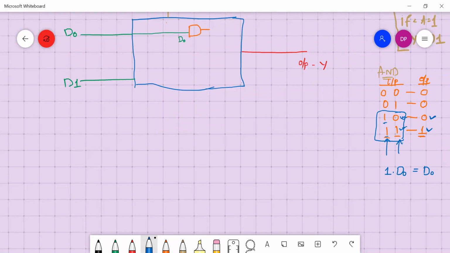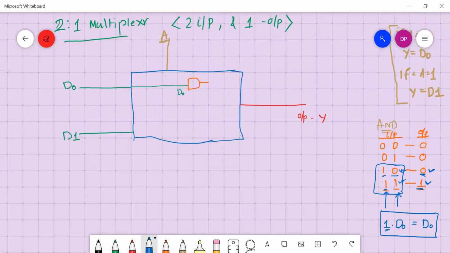So this is 1 fixed, and the 0, 1, I have taken it as D0. If D0 is 0, I'm getting the output as 0, which is equal to D0. If D0 is 1, the output is 1. So I can take this from the AND gate truth table, isn't it? So D0 AND 1 will always give me D0, right?